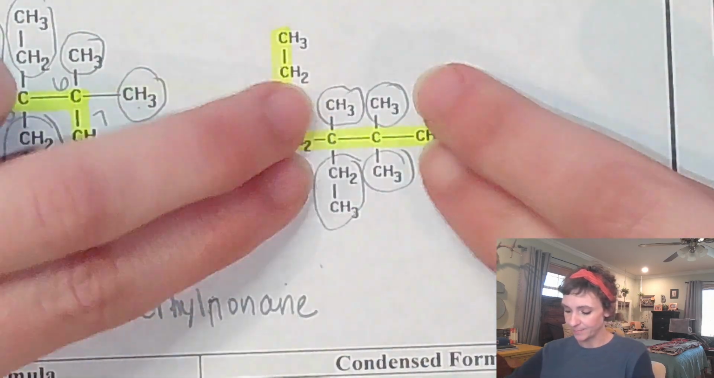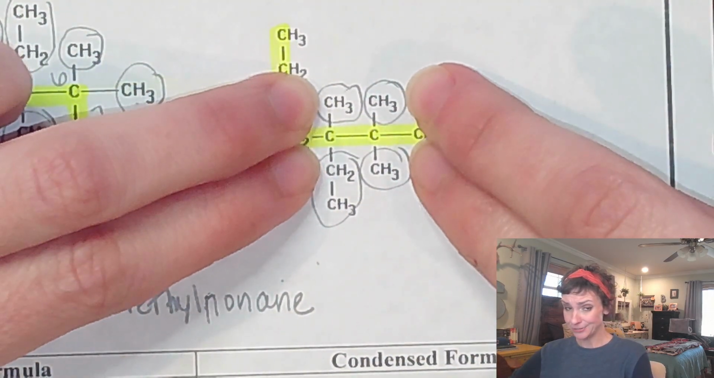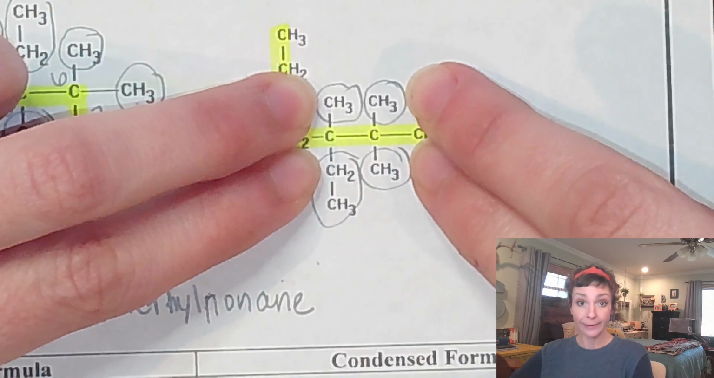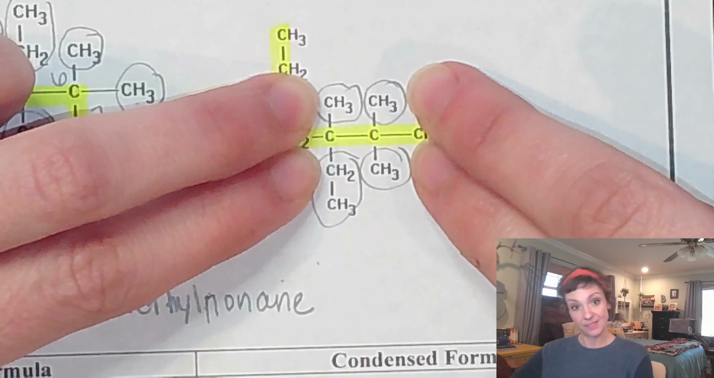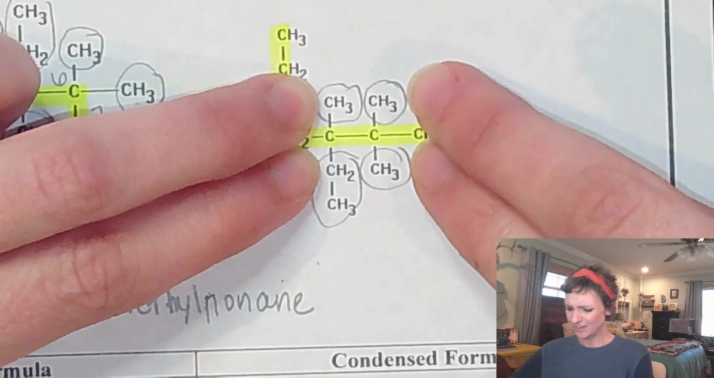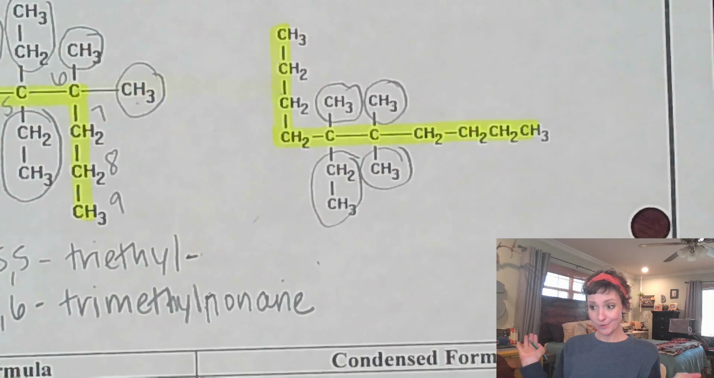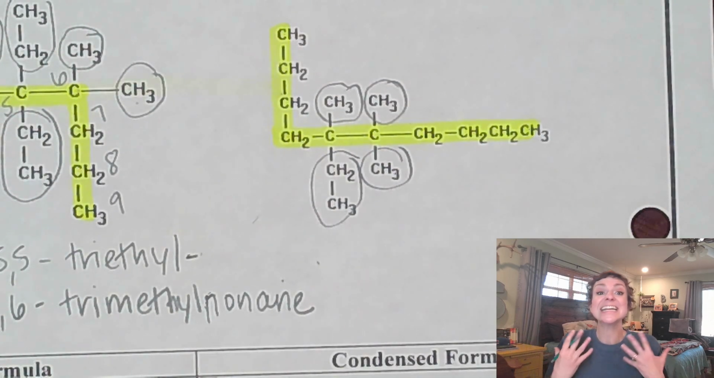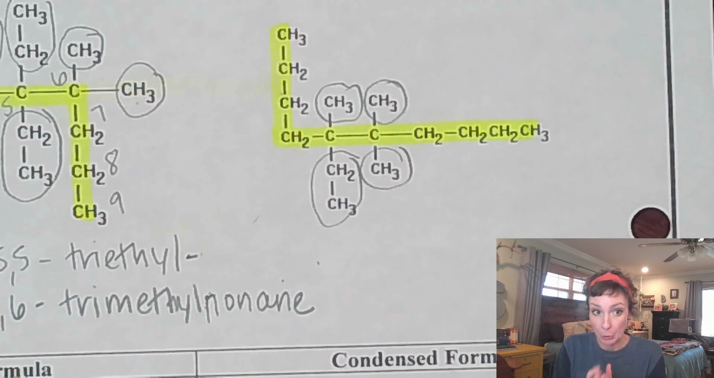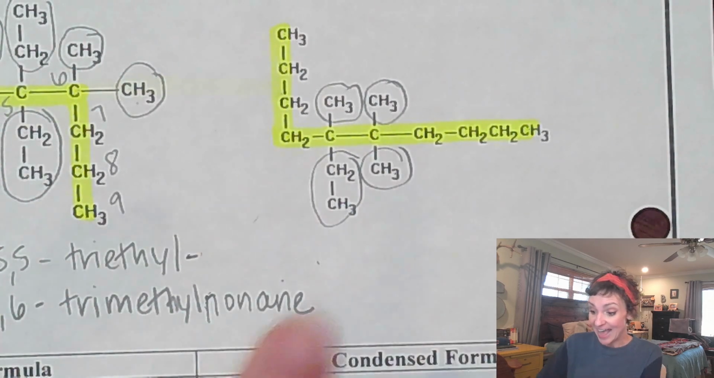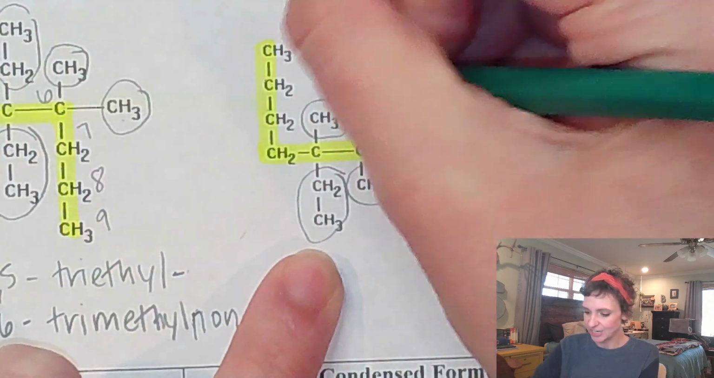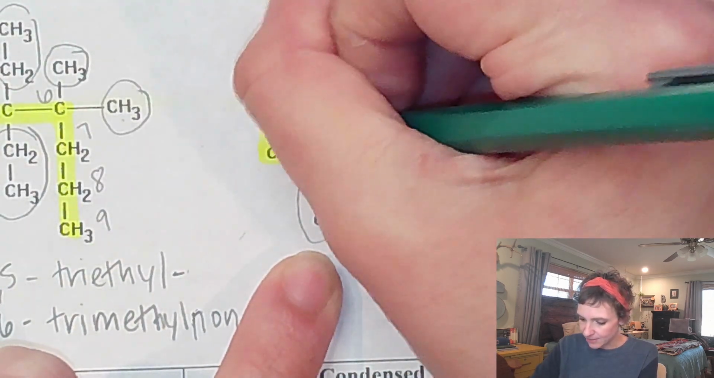Well, now I got to compare. If one of these carbons had 2 branches and the other one only had 1, then we would start at the side that had the 2 branches, right? But here they both have 2 branches. Well, who's got more significant branches, meaning longer branches out of those 2? This guy, right? So we're going to point to this carbon and say